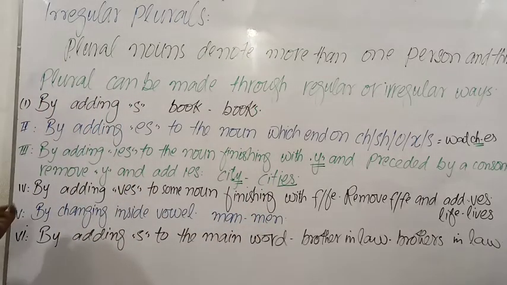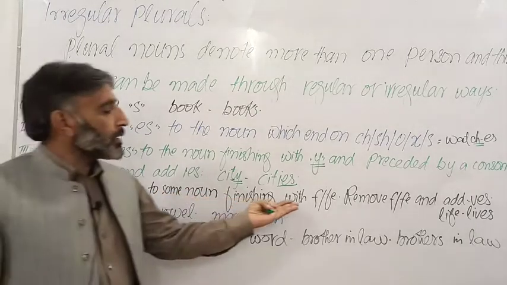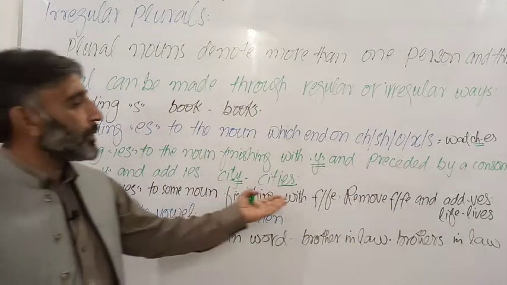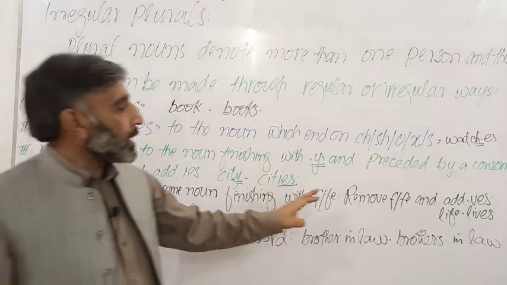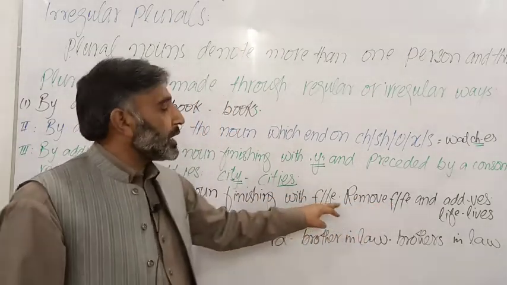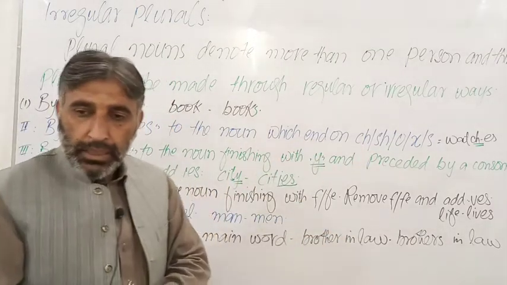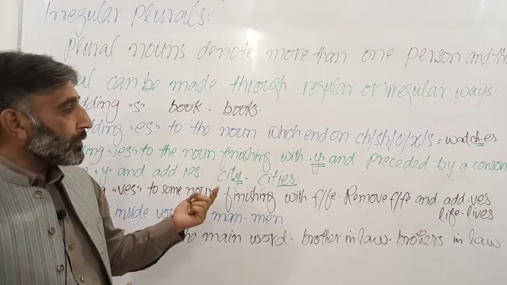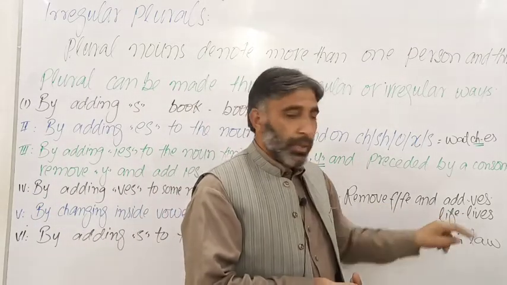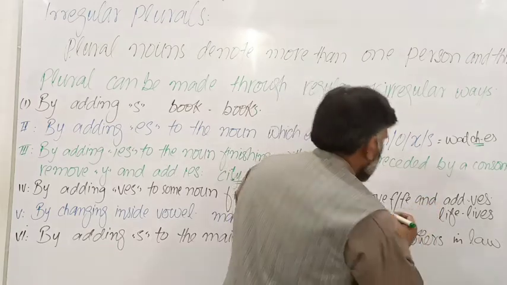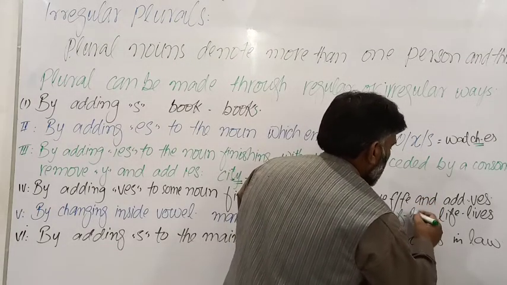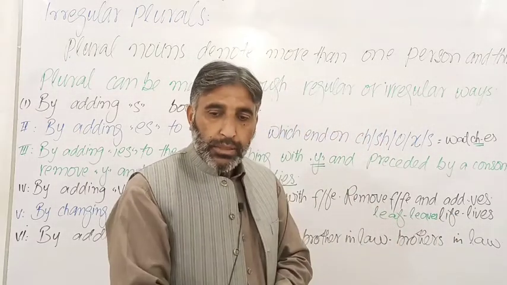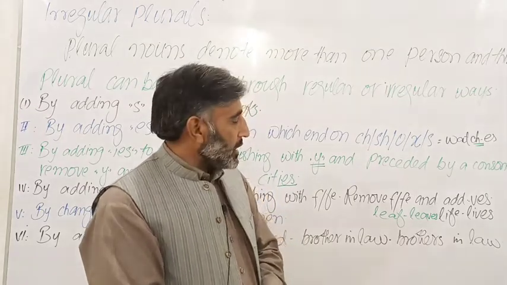The fourth way is by adding VES to some nouns finishing with F or FE: remove F or FE and add VES. यानी जब कोई नाउन F या FE पर ख़त्म होती हो तो F या FE हम रिमूव करते हैं और इसकी जगह VES लगा लेते हैं। In our today's presentation they have given so many examples, जैसे wife, wives, life, F E पर ख़त्म होती है, lives। इसी तरह leaf सिर्फ F पर ख़त्म होते हैं, so leaves, L E A F फिर V E S को चेंज होती है, leaf, leaves, एक पत्ता और ज़्यादा पत्ते, right।